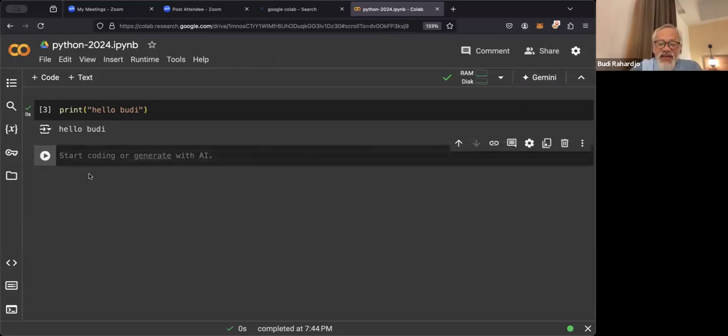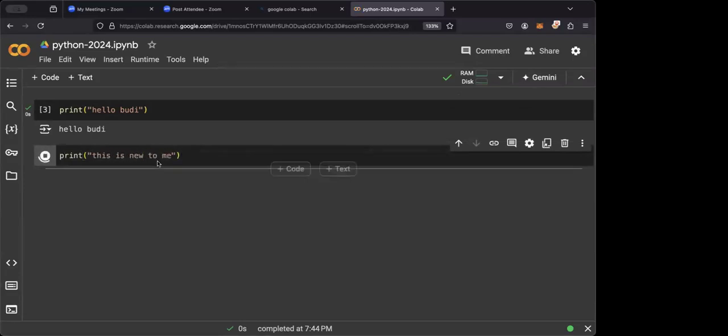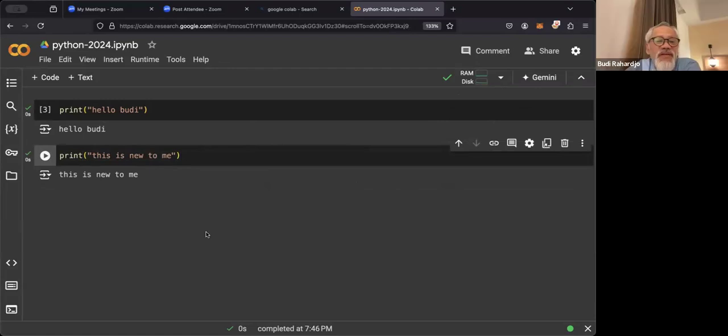So you can again print, like that. Then you can do this again. You can do this. This is new to me.